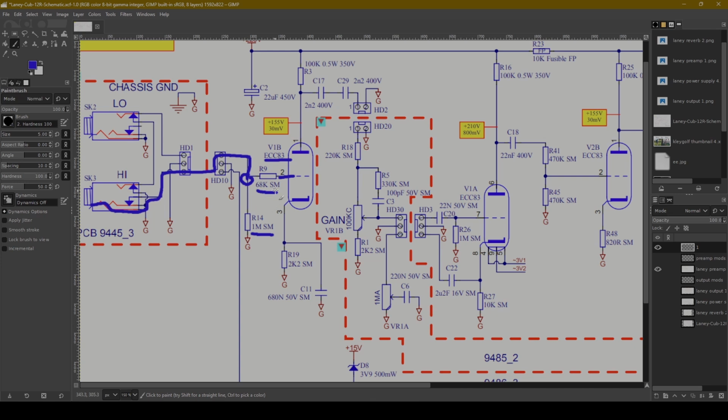And what it does is it actually works with the capacitance in the tube. There's a thing called the Miller effect, which basically means that the tube has some inherent capacitance. So if you think about it, you've got a resistor here and then a capacitance to ground, and all of that capacitance is going to work with this 68K resistor, and it's basically going to form a very, very high frequency low pass filter. So it's going to help remove high frequency oscillations,